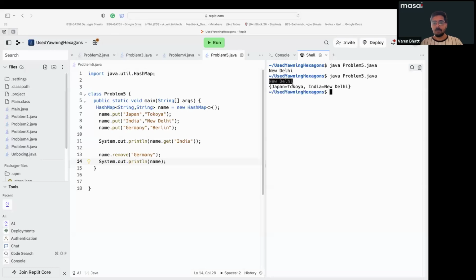Now the first output is coming: New Delhi. Now you can see that Germany has been deleted. Why? Because I have used the remove function. Now if I want to check whether any key exists or not,